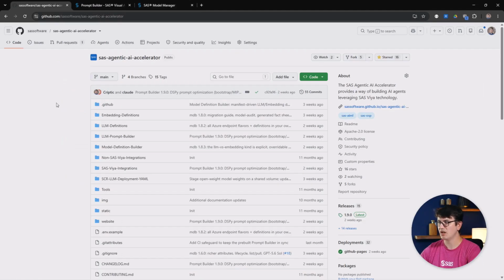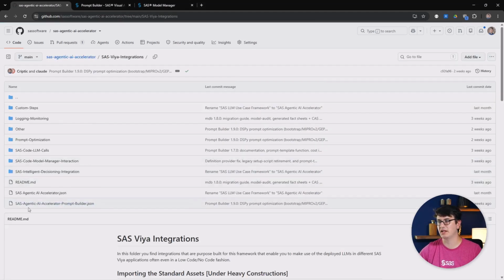Okay, going over the new features of the accelerators for administrators. That new integration I showed off for SAS Visual Analytics is done through SAS Viya integrations. Here you find the SAS Agentic AI Accelerator prompt builder.json, which is a transfer package that you can import using the SAS Environment Manager. That will then enable you to set up everything inside of Visual Analytics. Then you open up that report that it imports, and it will guide you through the rest of the